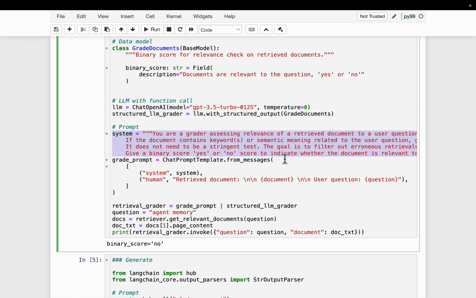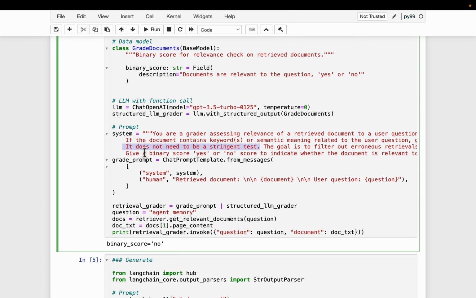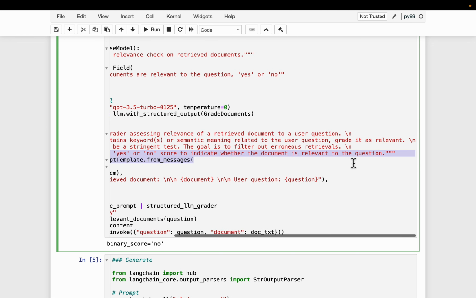The remaining 8 may not be that relevant, but still the retrieved context is useful, right? So that's why we are saying it does not need to be a stringent test. The goal is to filter out erroneous retrieves. Even if the relevancy is small, we still mark them as yes. We just want to filter out the completely erroneous ones. This is important. Now give a binary score of yes or no to indicate whether the document retrieved is relevant to the question or not.